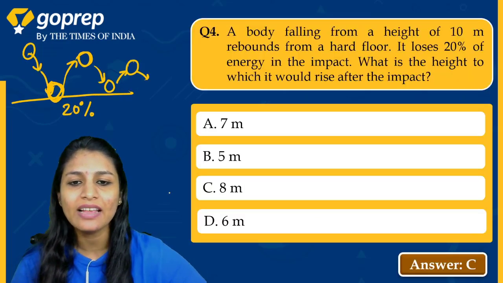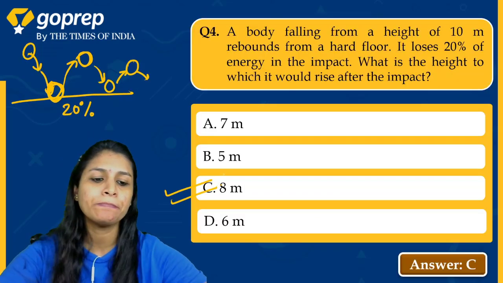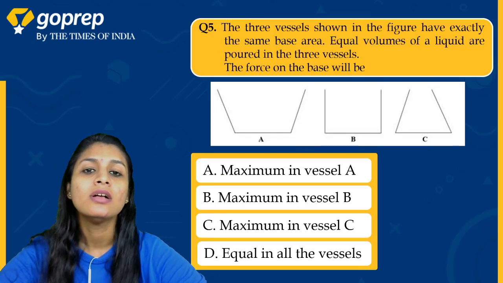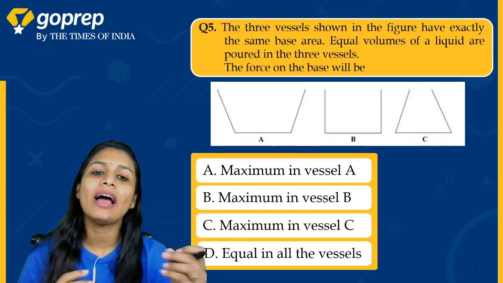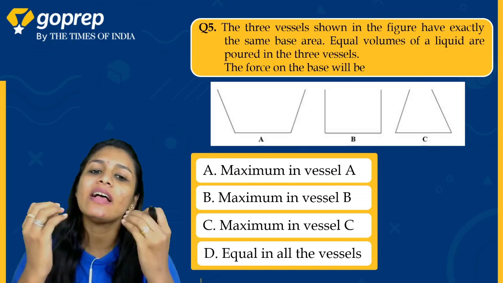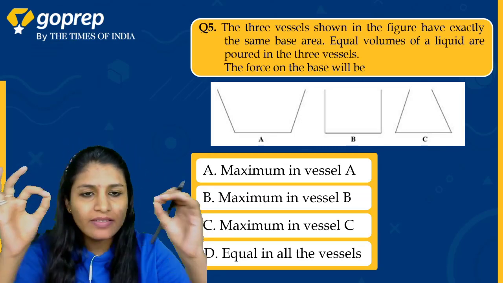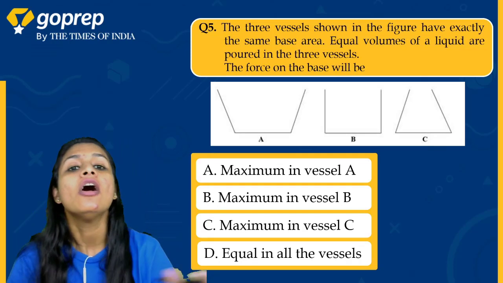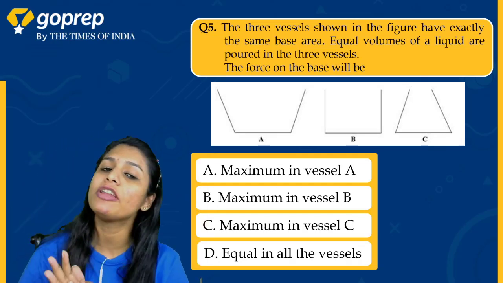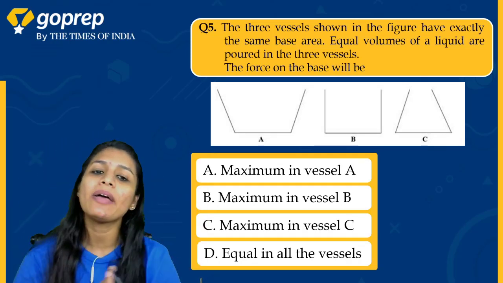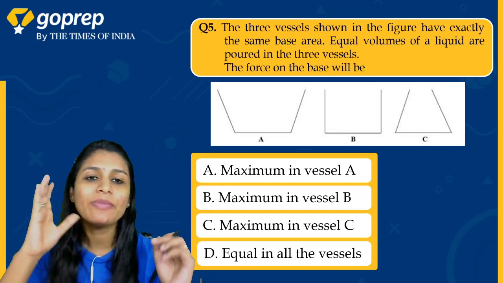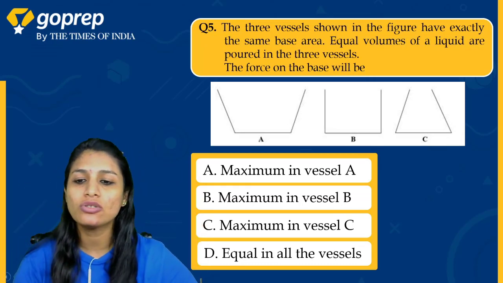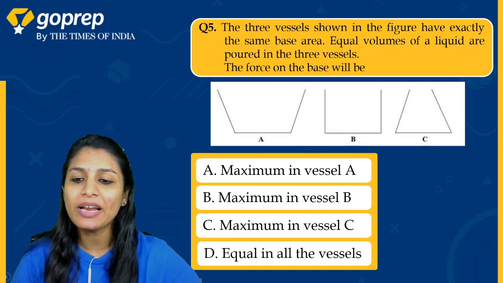तो इसका आंसर है C, 8 मीटर्स, ठीक है। नेक्स्ट क्वेश्चन। ओके, हमें 3 वेसल दिए गए हैं और हमको बोला है सबका बेस एरिया सेम है, मतलब A, B और C का बेस एरिया सेम है, और इन तीनों में इक्वल अमाउंट ऑफ लिक्विड आपने डाला है। तो आप बताइए कि फोर्स किसके बेस पे मैक्सिमम होगा। अब देखिए ध्यान से समझिए, पहली बात तो बच्चों बेस एरिया सबका बराबर है।